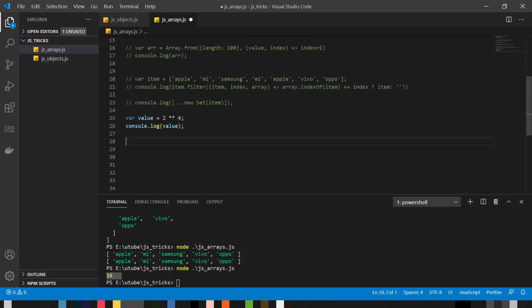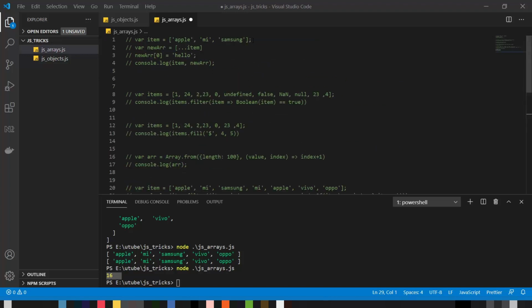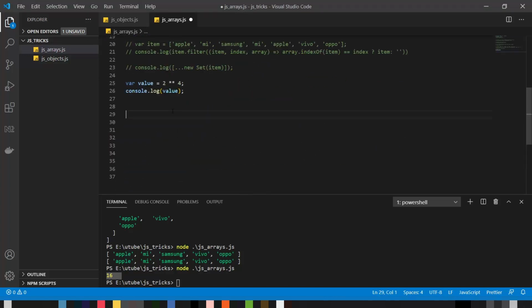Now the last thing I want to talk about in terms of arrays for this video is how you can find the index of a particular item in an array, not using the indexOf function that the array provides us, but there is an awesome operator that we can use. Let me copy an array from the top and paste it over here. What if I want to find out if Apple or Mi exists in it or not? So item.indexOf